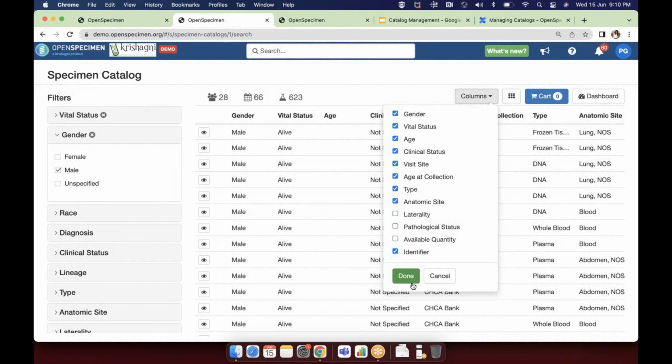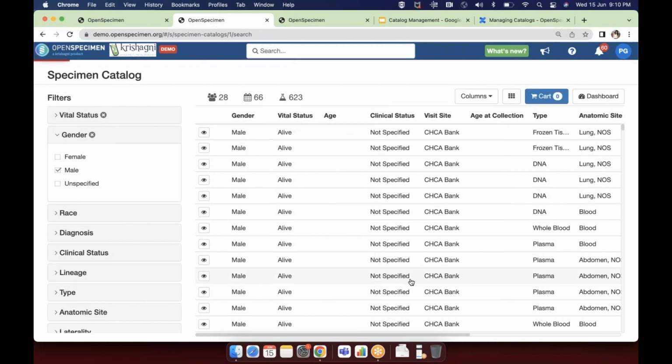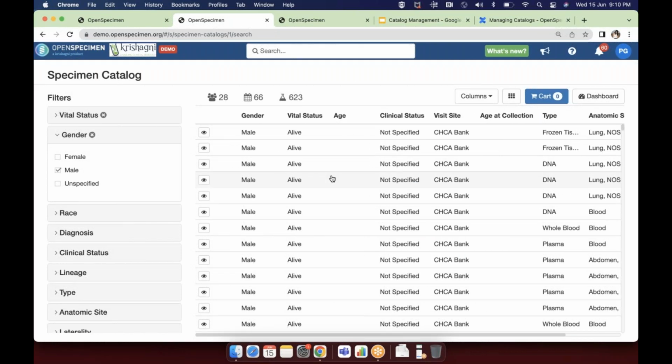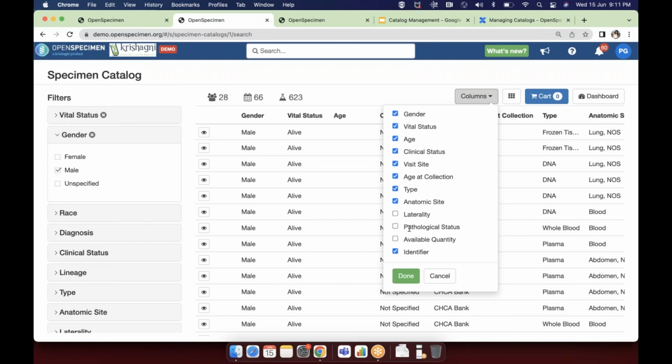But imagine a catalog where they are publishing a lot of clinical data. There might be almost 25, 50 fields, and you don't want to crowd the interface with all the fields. So what you can do is, in your query you configure all the 50 fields, but in the default view you just show very minimal data, maybe 10 fields or 15 fields, and then the requester can add more fields